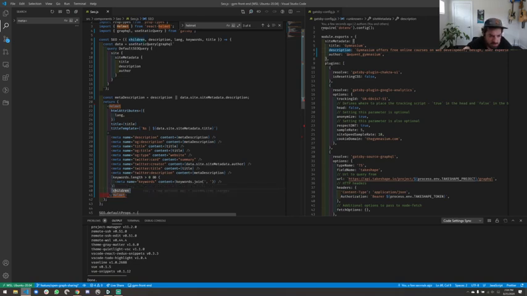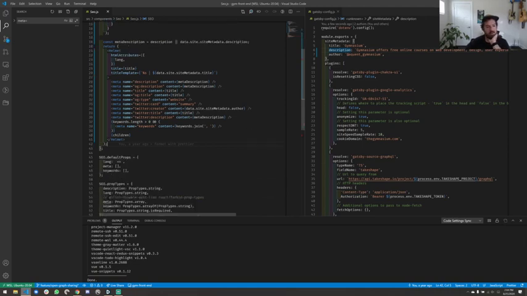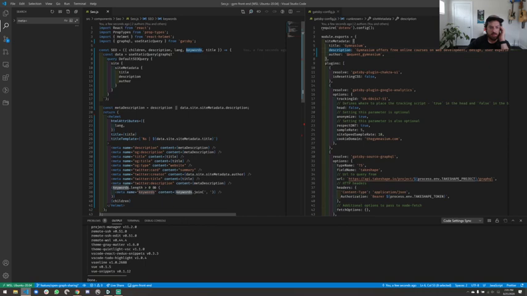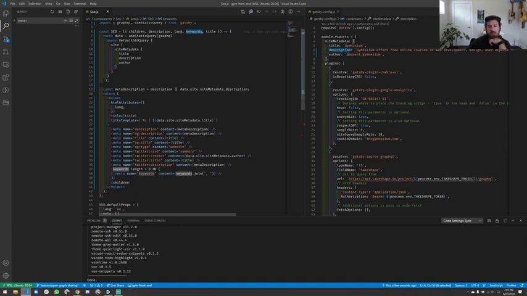I'm not sure why this is complaining. It's saying expected closing tag to match indentation of open. Oh. Did I do that wrong? Yes, I did. Okay. I don't know why Prettier isn't working as well as it should be. Okay. Meta and keywords. Are we using keywords? Well, we could be. We could also be using meta in the future.